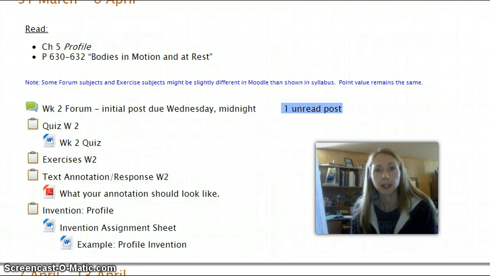Invention also takes us through pinning down and identifying our purpose, not just the thesis statement, but the purpose. What is it that we want our profile paper to do for the reader? And then you move from that into the thesis statement of specifically showing what your profile will describe or will do.